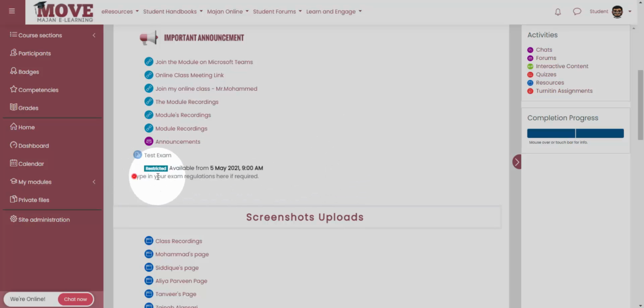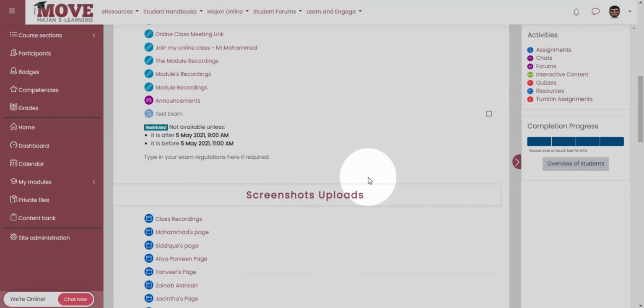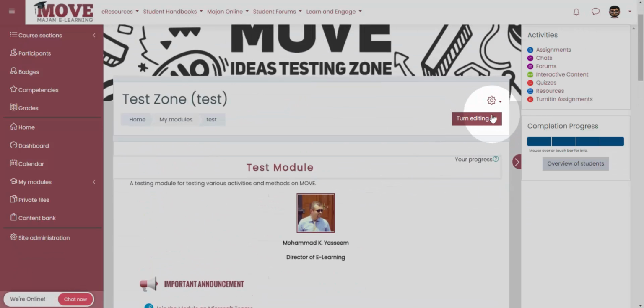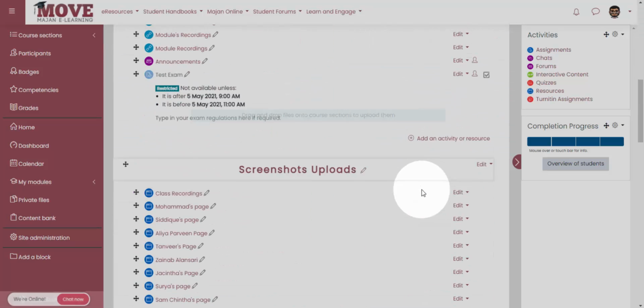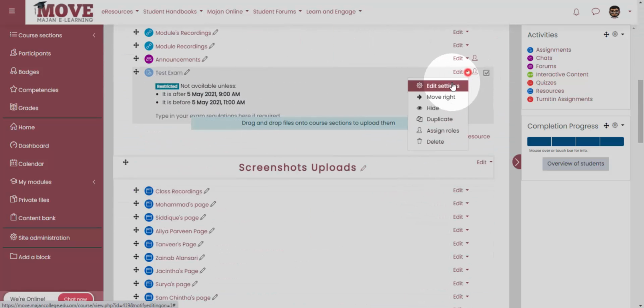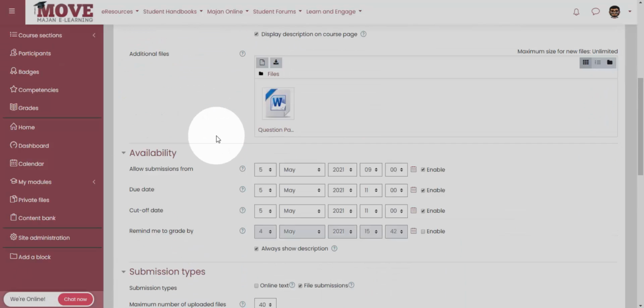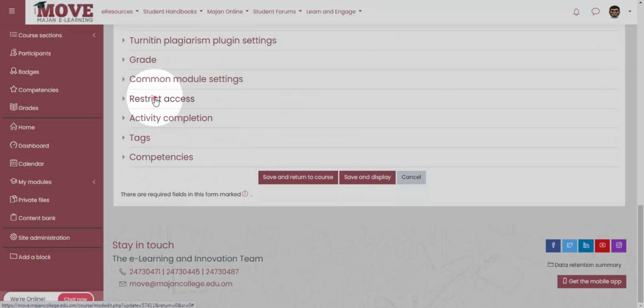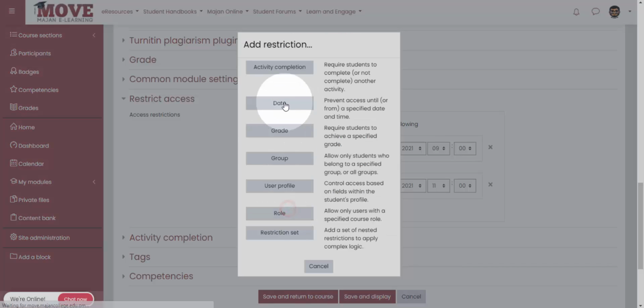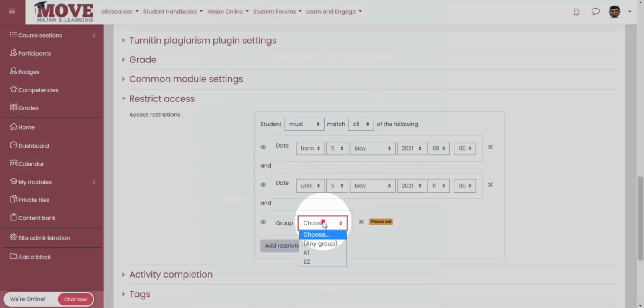Now we are going to see how we can add a group to this particular restriction. So you go back to that activity, go to the settings of the activity. You don't have to change anything, you just have to go to restrict settings. So we go all the way down to restrict access, and you add another restriction which is for the group. Now this is where you can add defer students to an exam. So basically you select a group,